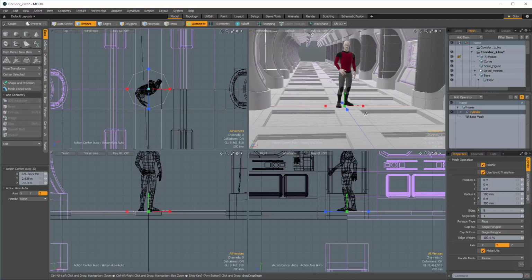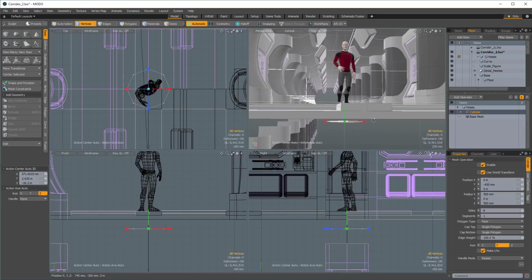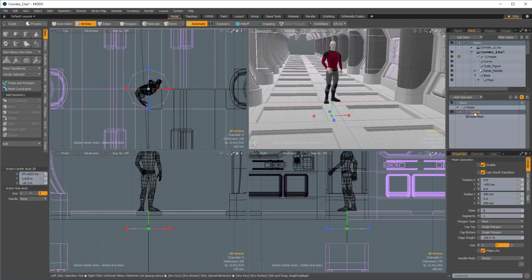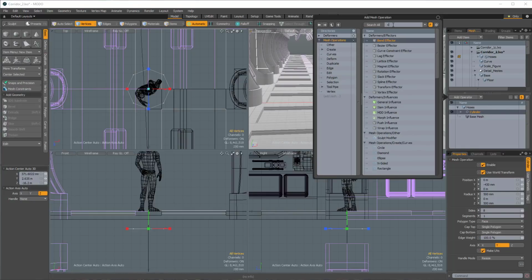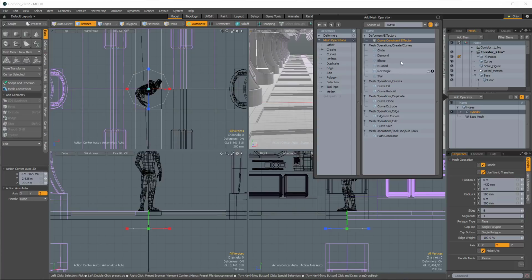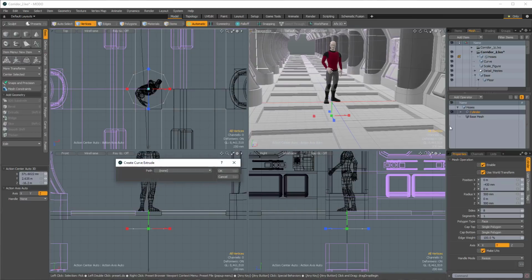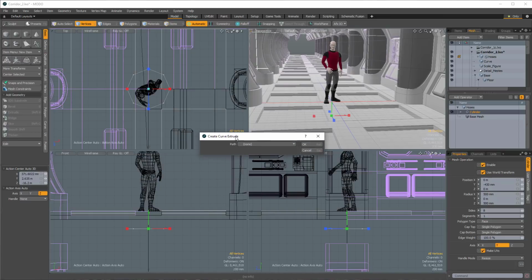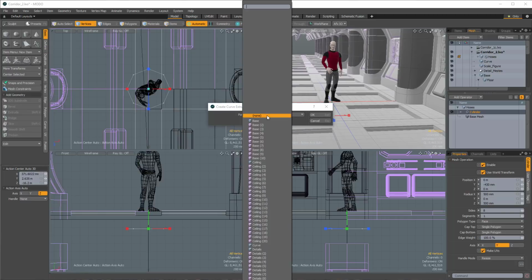All right, and just to keep everything a little cleaner, I'm going to pull this down out of the way. And the next thing I can do is add in another mesh operator for the curve. So let's go ahead and click on Add Operator, and I'm going to type in curve here. And you'll see that I have a curve extrude option here. I could also have typed in extrude if I knew which one I wanted, but that's okay. And now I can click and choose the path that I want to extrude along, and I've got to go down here and find my curve layer,